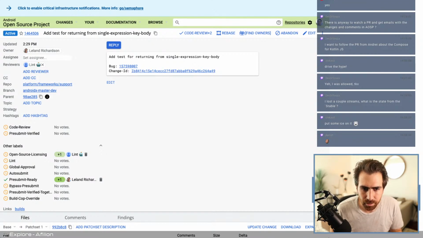Let me try and explain this bug. First, let's see if we can reproduce it, right? So right now, if we have a composable function, what happens is if we put an if in it, so let's say we're handed a condition. So we say if condition is true, then we're gonna call some